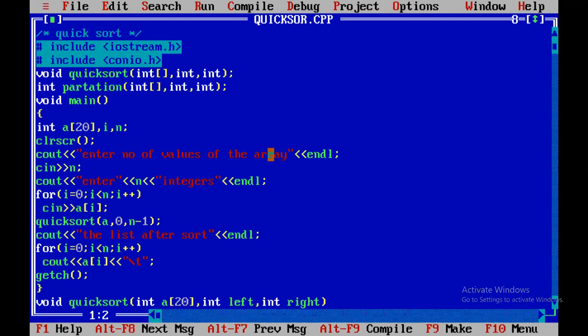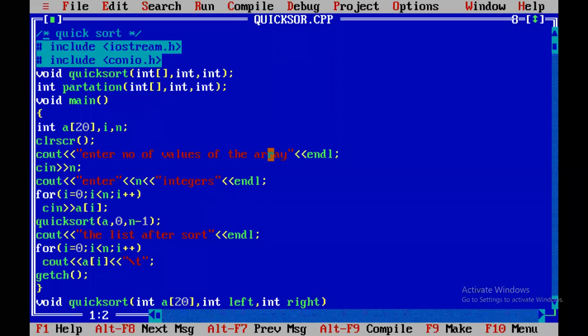No problem. So for this program, I use functions. One is the main function. The main function is used for input, calling the function, and output. First of all, input: we must give n values.